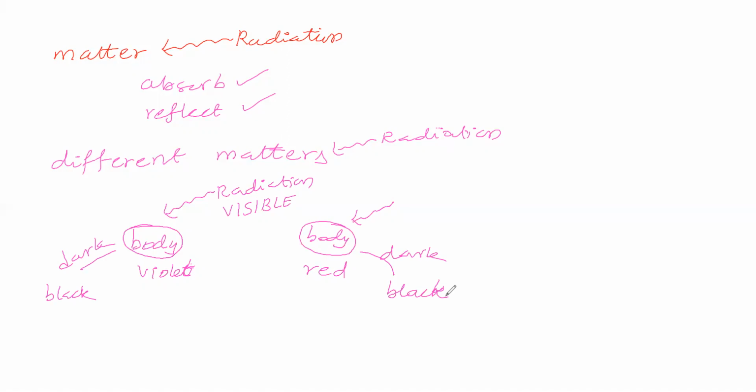Sir, in the presence of visible light, it is showing violet color. In the dark it is showing black. This one is showing red color. Why is it so? In the presence of visible light, this body appears violet color, this body appears red color. What is the reason? Why does it appear violet color? Because violet color